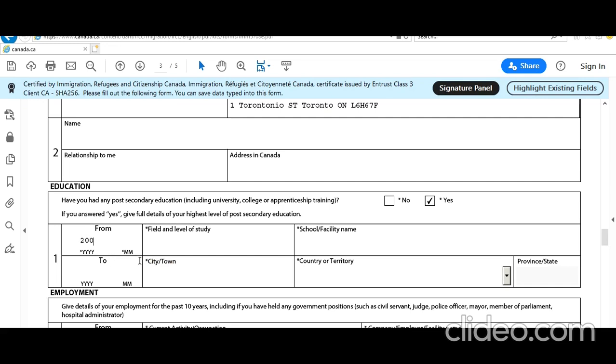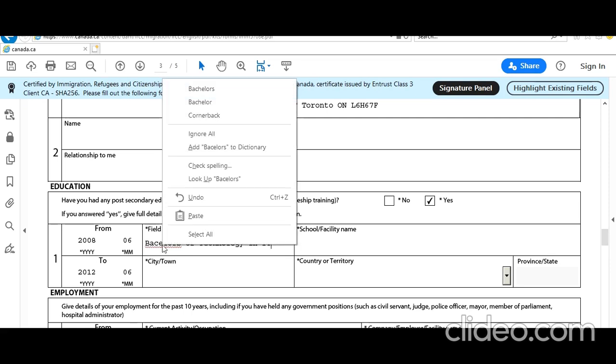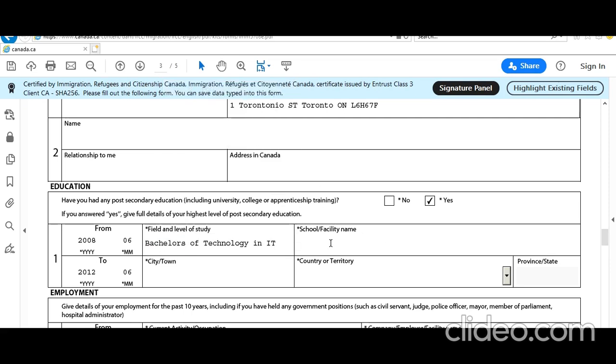Okay, 2008 06, 2012 06. Study and level of, so I'll write bachelor's of technology in IT. Oh, I coded bachelor's, so BTech.